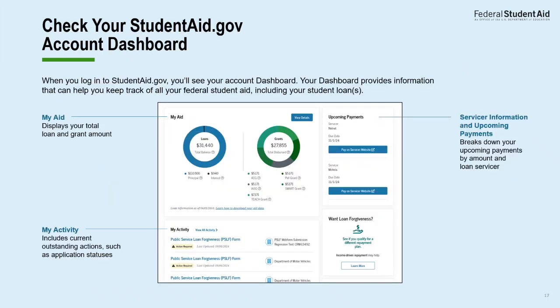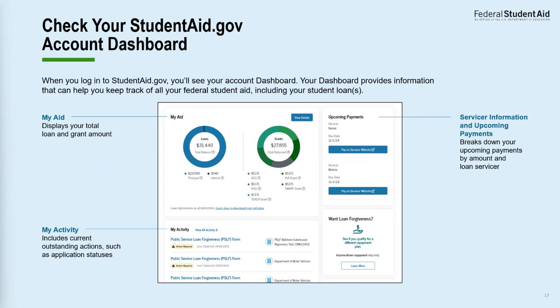I want to make sure that we are being really intentional on this webinar here because many of you might not have signed into your StudentAid.gov account and you're probably wondering, okay, once I get in there, what should I be looking for? Well, this is a screenshot of what you should see. There are going to be 3 different sections on your dashboard. You have your My Aid section, which is going to give you a grand total of all of your loans and your grant amount that you have received.